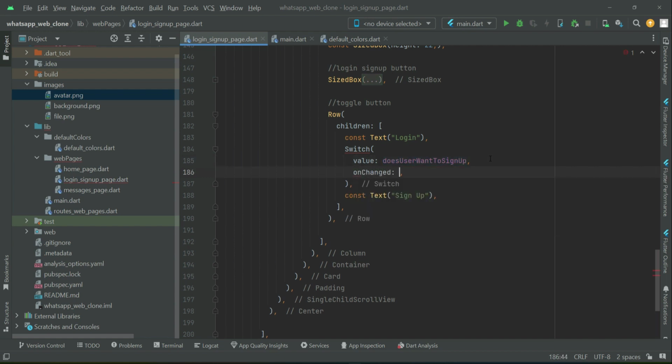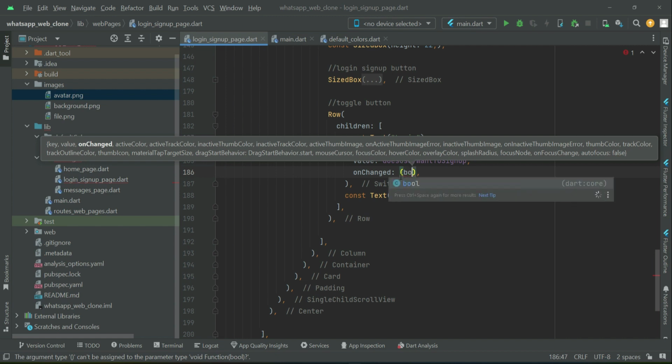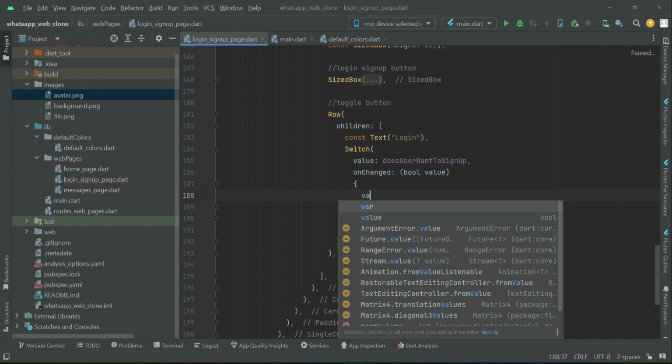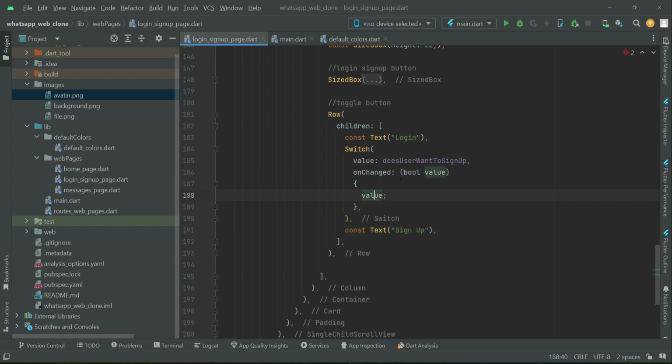And now we can play around with the value of this boolean type variable, which simply means when the user taps on it, its value will be changed. So we can say boolean value, and we will assign that value to the